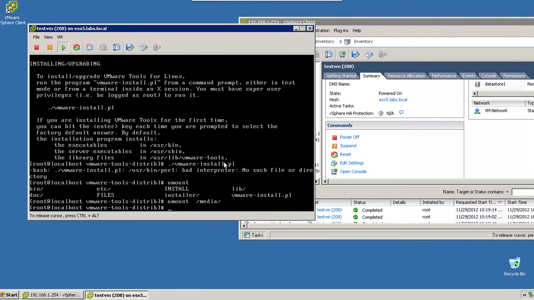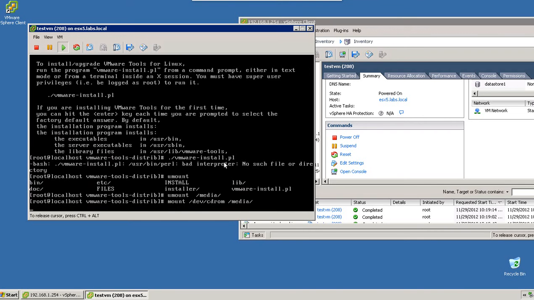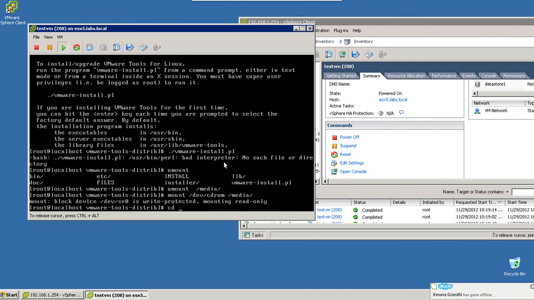Now my CD which is attached corresponds to CentOS 6.3. Dev CD-ROM, mount it on /media, and here it's mounted. So first step is done. The CD corresponding to CentOS 6.3 has been attached to it. The second part is we will have to configure the yum repository so it uses the files or the repository from